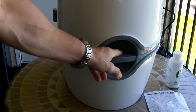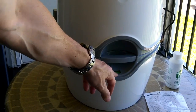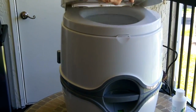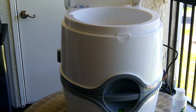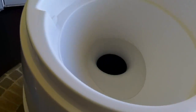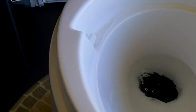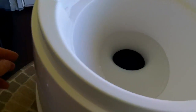Again, you have a handle here, and then the green or red level indicator of the waste tank. You have a small lip here at the top to lift up your cover, and then you have your seat, which also goes up, and then just the open bowl area, which I'll show you right here. I have some water in there right now, and again, I activated it by pressing this button here. And there you go. So now you're ready to do your business,